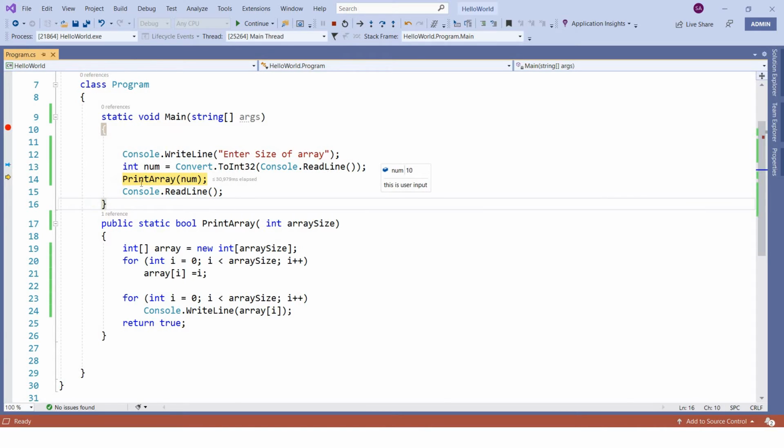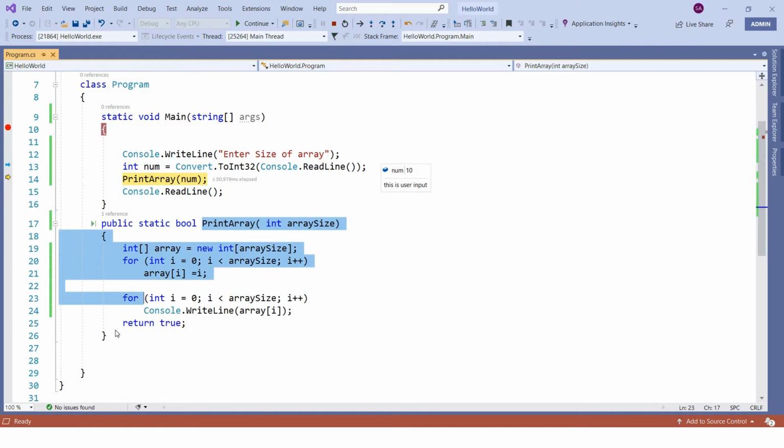Now let's say you are debugging this and here one function came, that is nothing but this function, correct? You want to go inside this function. If you just press F10 now, it will simply execute the next line. It will not go inside this function. But I want to go inside the function. So there are two ways.